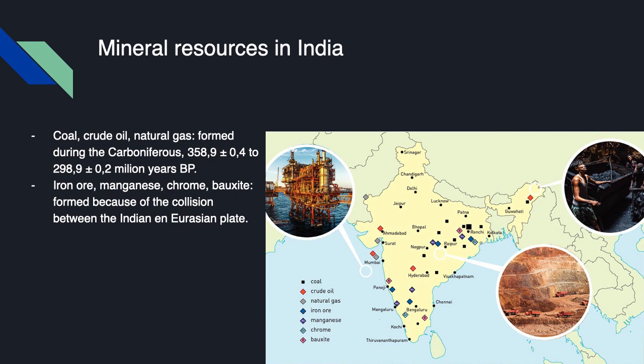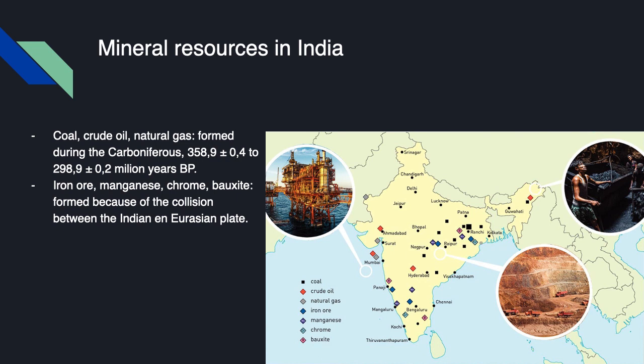And coal, crude oil, natural gas, they were formed during the Carboniferous era. That means 350 million years to 290 million years before present. So that's a long time ago. And during this time, iron ore, manganese, chrome, and bauxite did not exist yet. So you have to note that the mineral resources on top were formed earlier than the ones on the bottom